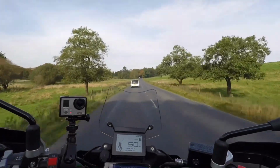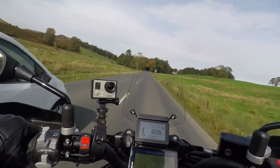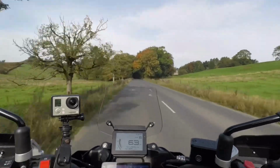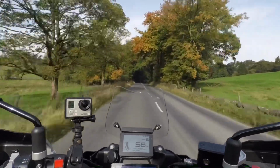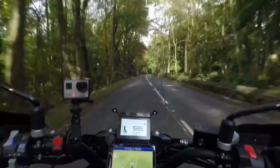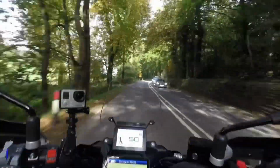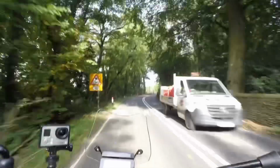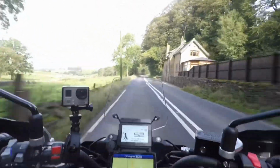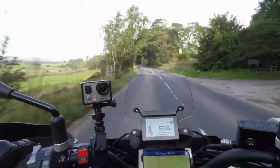Of course we always get just try a bit of acceleration. Again, there's a slight delay on the throttle. I seem to be getting a lot of wind on my arms at speed. Yeah, it can be a bit jiggly over bumps, but again, nothing you couldn't live with, and once you get used to the bike,